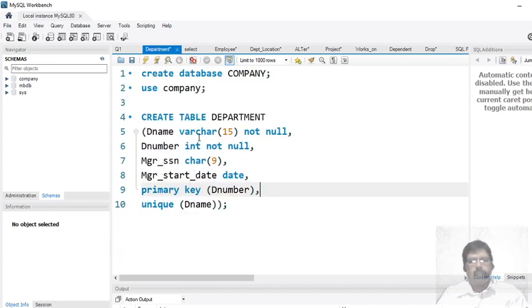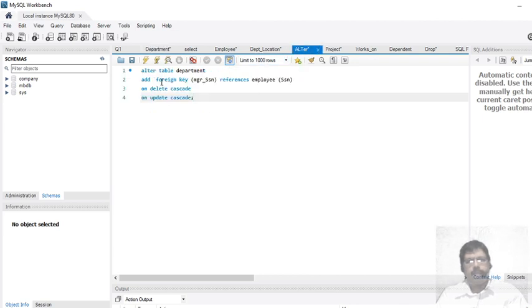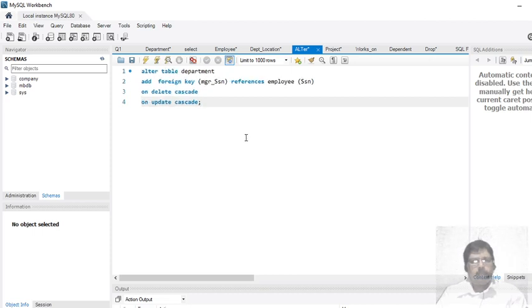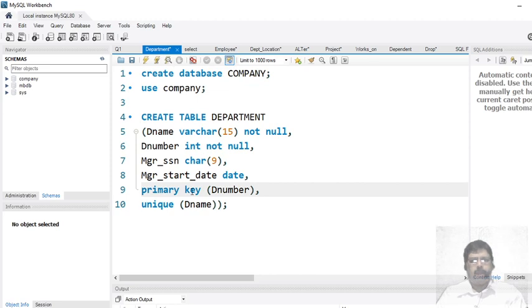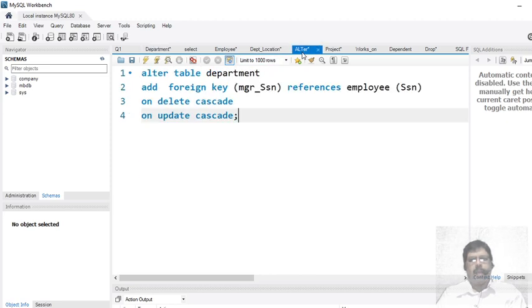In this particular construction we cannot see that, but we have altered our table using this command, where we write alter table department add foreign key MGR SSN, referencing the employee table. We do this afterwards because the employee table was not created when we created the department table. So we altered it using this command.